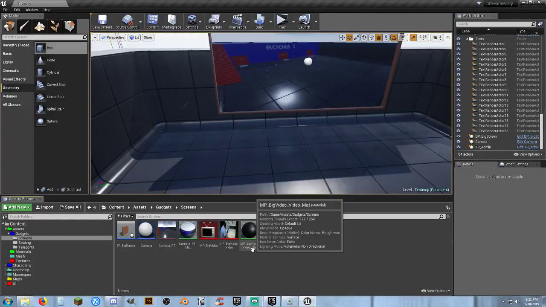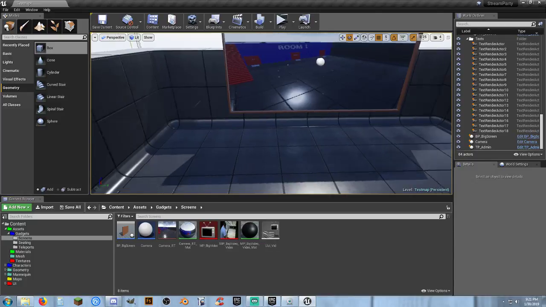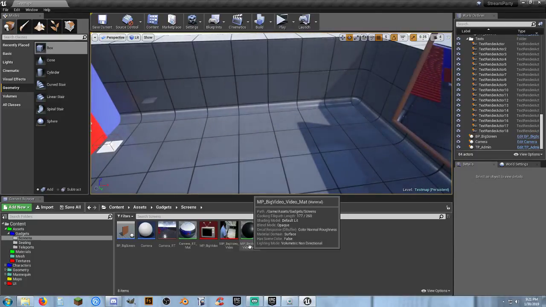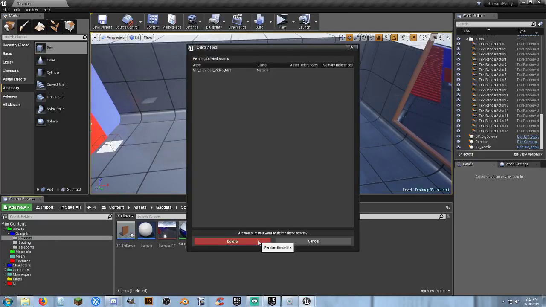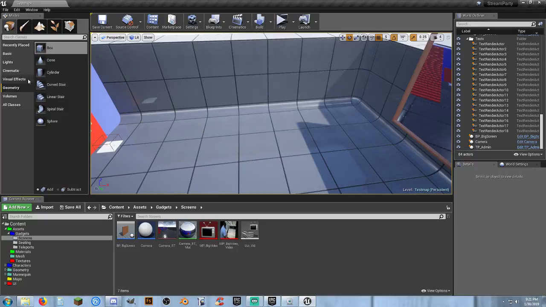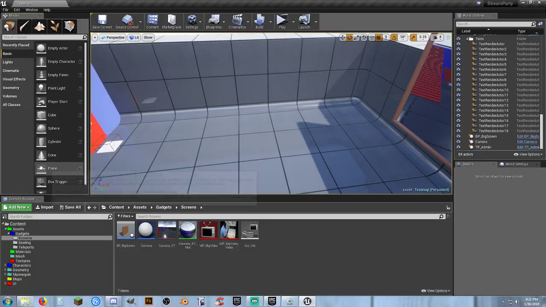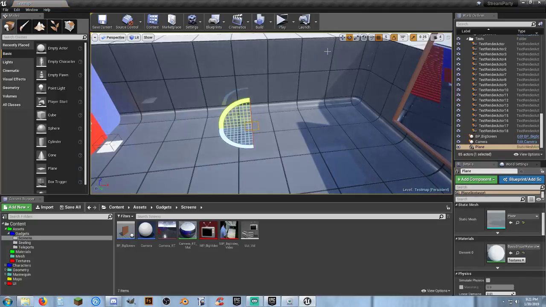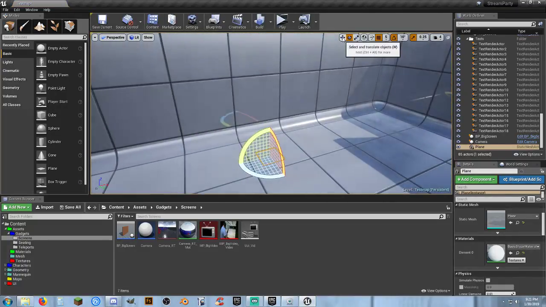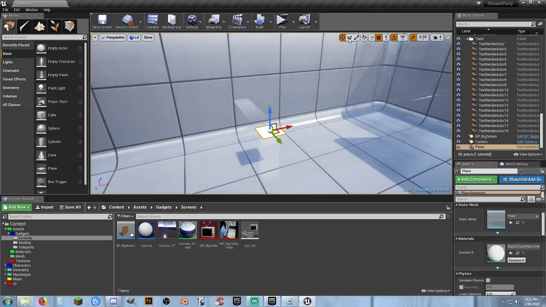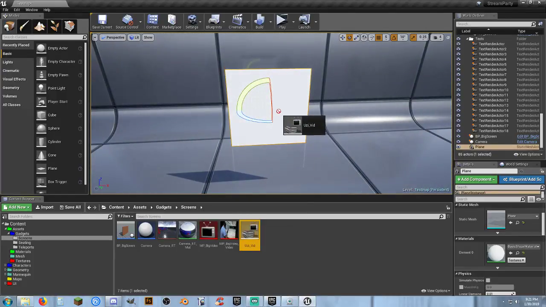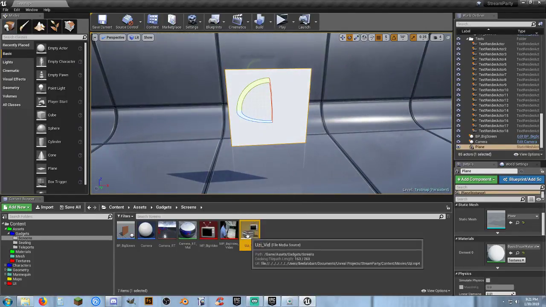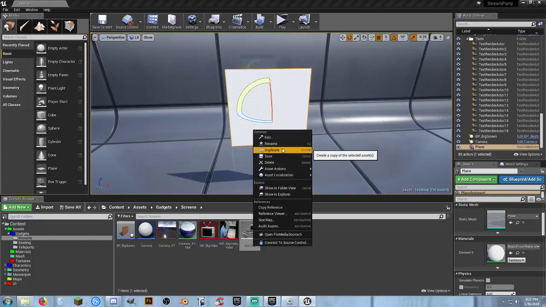I guess it doesn't really matter what it's called right now, but I should delete that for just a moment, and let's grab a basic plane, raise it up so I can see it. 90 degrees, and can't just drag that directly in there. Let's go ahead and